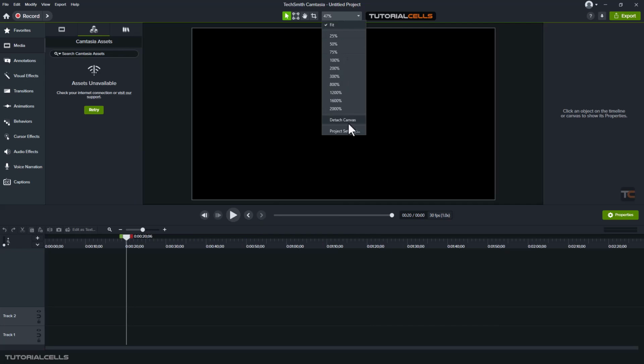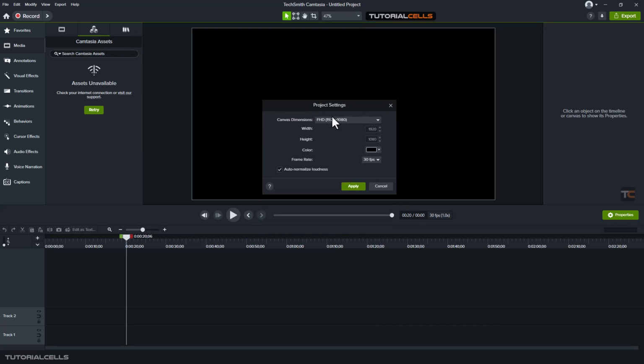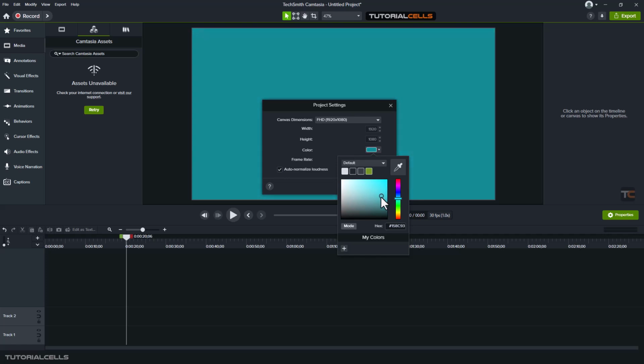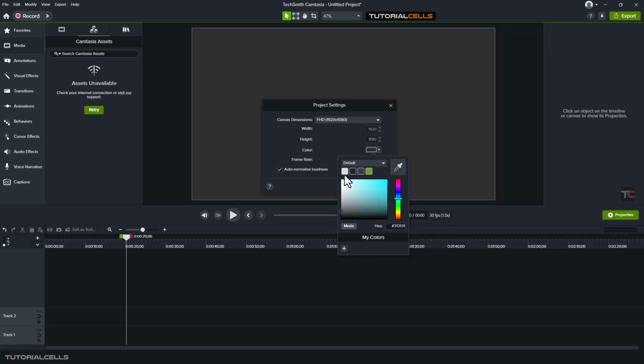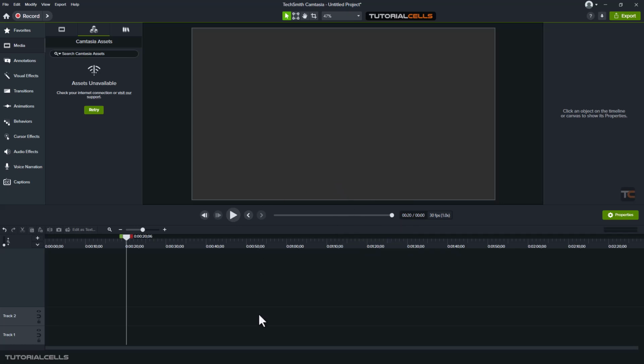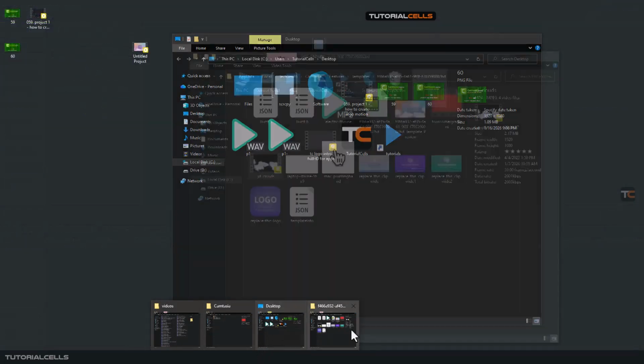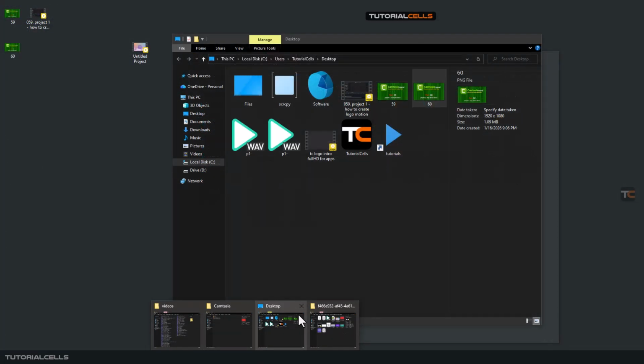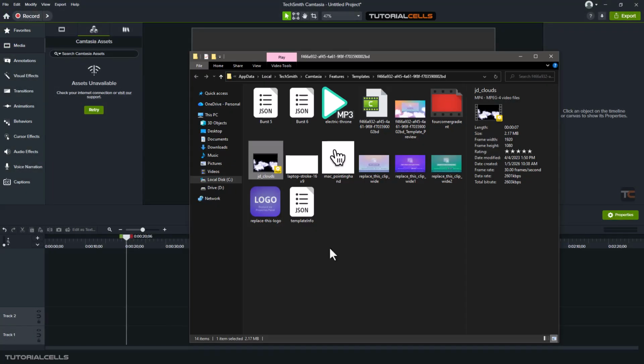First, you go to project settings. Okay, we checked our settings, and from here you can make your own. Now I like dark, yeah, and let's go. Let's go to